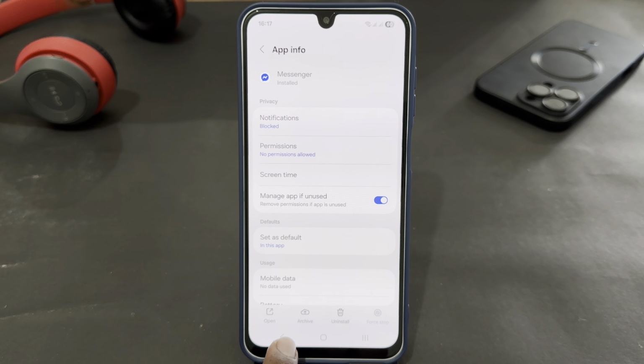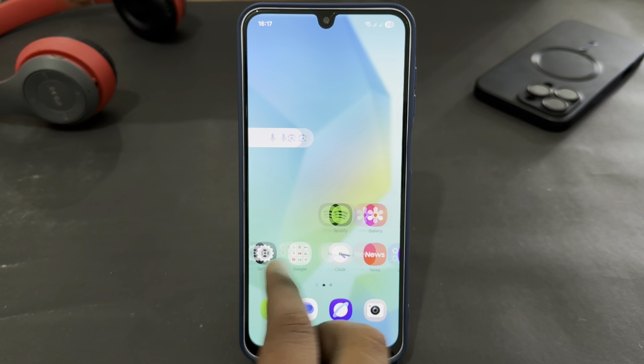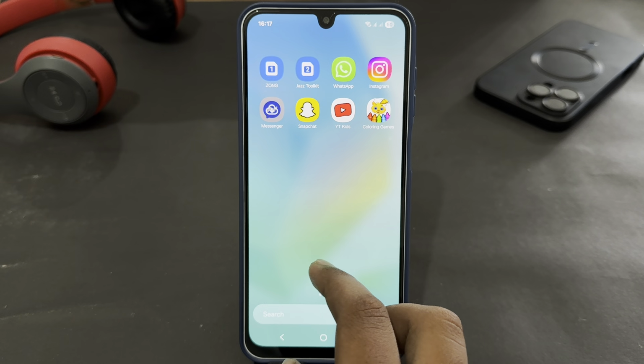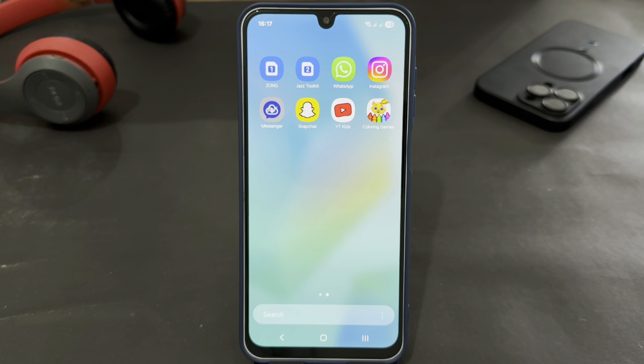As you see, there's an archive option, just tap on it and the app will be archived. So now look and find the messenger app, and here you will get this icon on your messenger app which you have archived. So that's how you can easily archive any app in